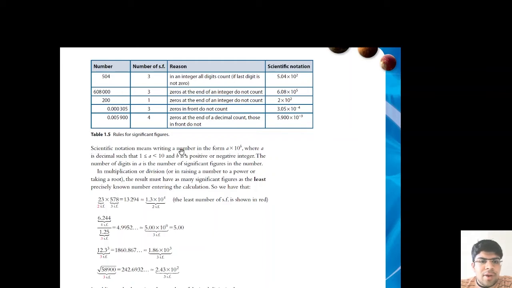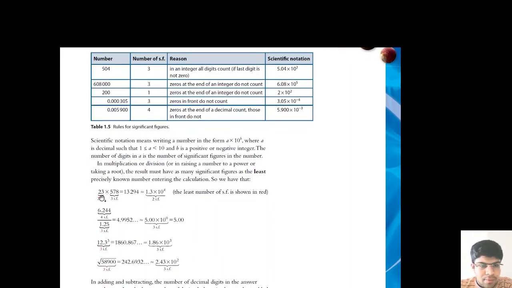And scientific notation means writing a number in the form a times 10 raised to power b, where a is a decimal such that 1 is less than or equal to a, and a is less than 10, and b is a positive or negative integer. The number of significant figures in a is the number of significant figures in the number. So in multiplication or division, or in raising a number to a power or taking a root, the result must have as many significant figures as the least precisely known number entering the calculation. So if we have a greater number of digits, it's more precise, so we can get the accurate answer. So we have 23 times 578, which equals